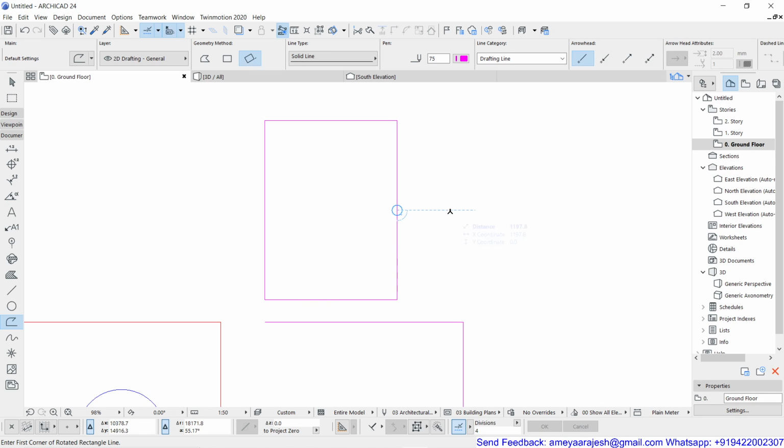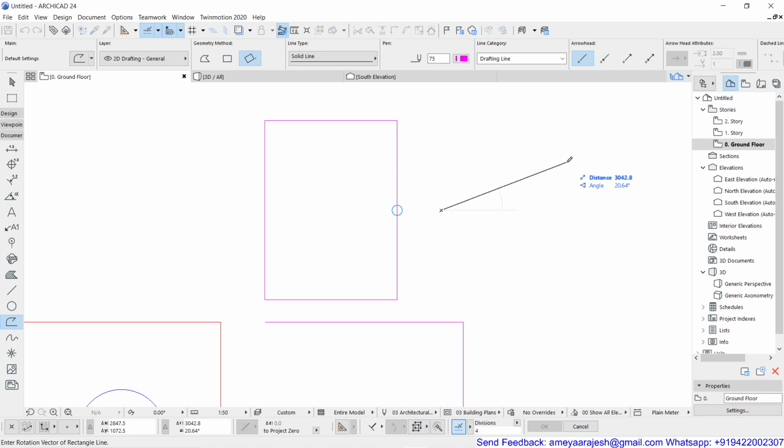So from the point, I'm traveling on the required side, and my tracker is showing how far away I am. Maybe 1000 millimeters. And I put in accurate distances every time so that you get the habit of drafting with precision. You shouldn't have a habit of drafting something random, because that will affect your project a lot when you expect accuracy from the software. So just keep a habit of putting in correct information, so the end product will also be precise.